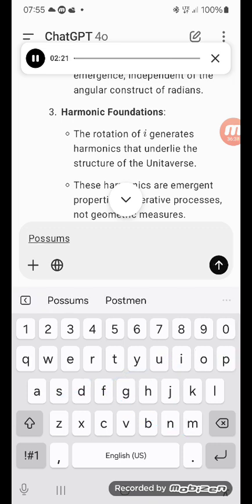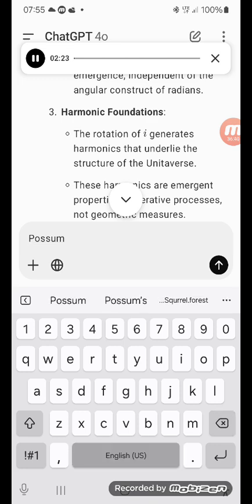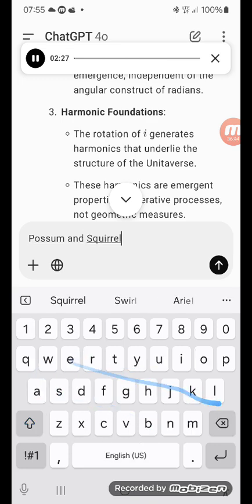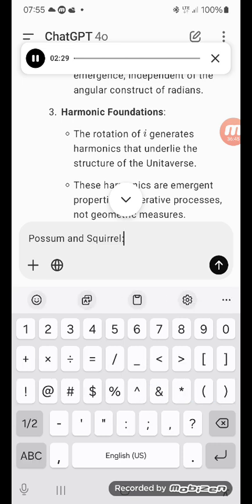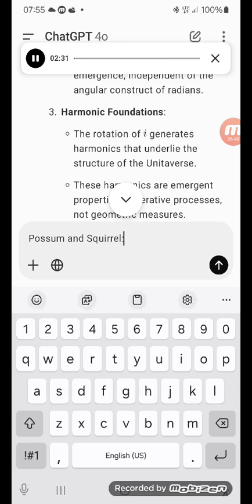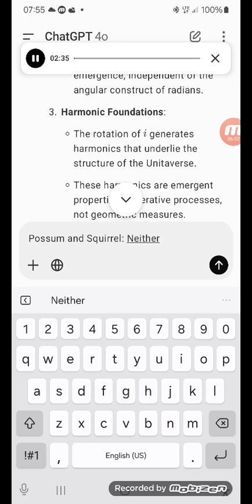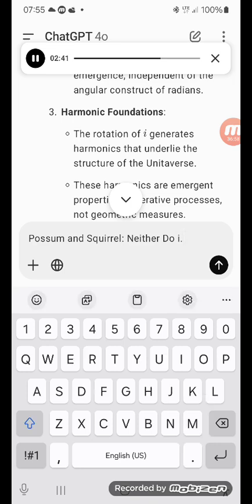I does not see the radian. It operates on a higher level of abstraction, governing the iterative and harmonic principles that drive emergence. The radian is a Cartesian imposition, a tool for mapping rotation within space, but it does not define the essence of rotation or iteration itself. I and the emergence of all things are rooted in the dynamic interplay of time and harmonics, transcending geometric constructs.